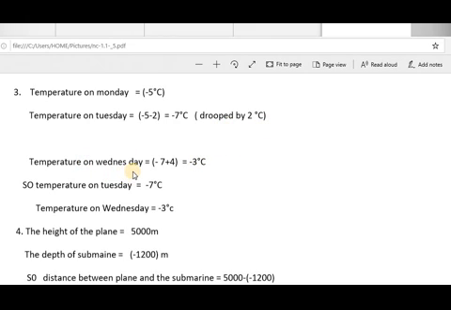The temperature on Wednesday rose by 4 degrees C. So before that it was minus 7 degrees C, and rose means plus 4, so it will be minus 3, because there are opposite signs, and when there are opposite signs we have to subtract. After subtraction we get 3, and 7 is the greater digit, so we put the negative sign before it, so minus 3 degrees C. So in this case the temperature on Tuesday equals minus 7 degrees C, and the temperature on Wednesday equals minus 3 degrees C.